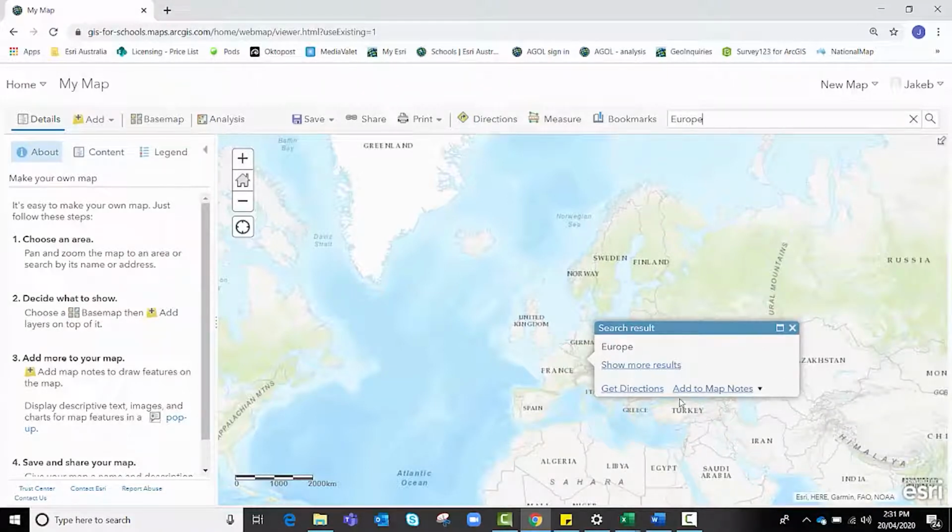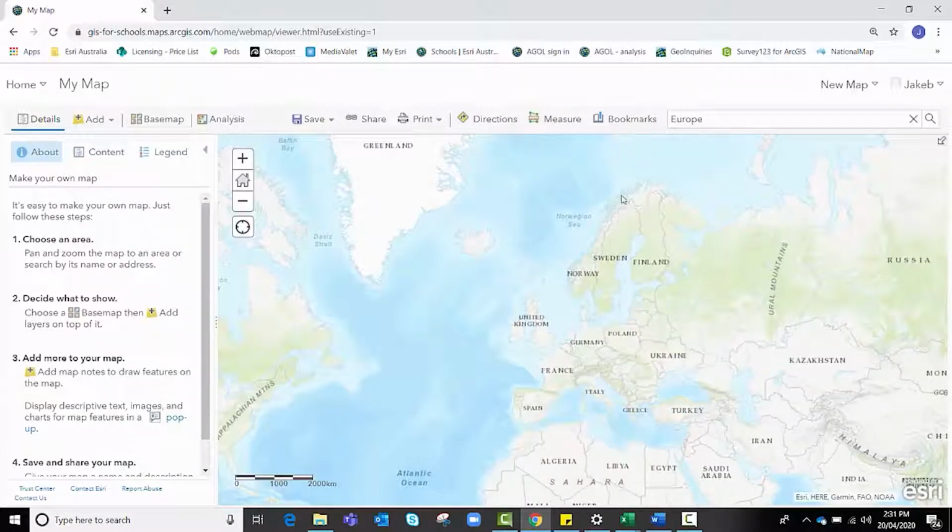And you'll notice that this information box comes up. I can cross that off at any one time, but we have mainland Europe visible to us. That's an example of the search bar working at international levels. If I wanted to work at a really local level, I could type in an address and the search bar will take me there. For instance, I'll type in my place of work, which is Esri Australia's head office, 111